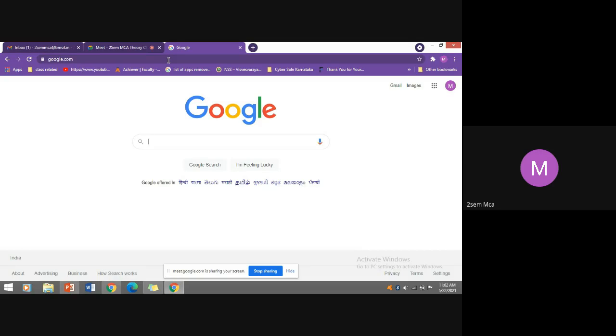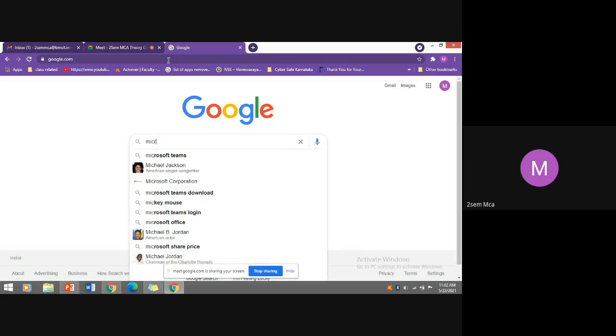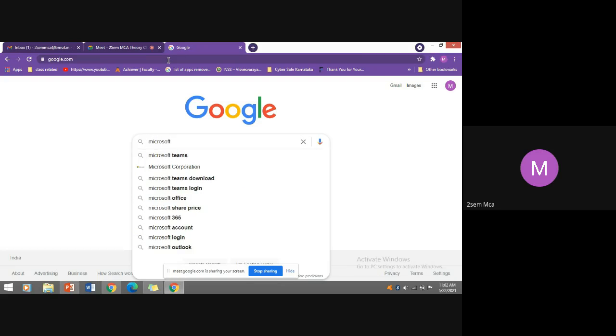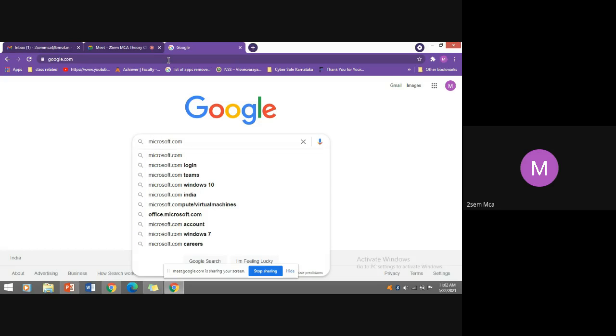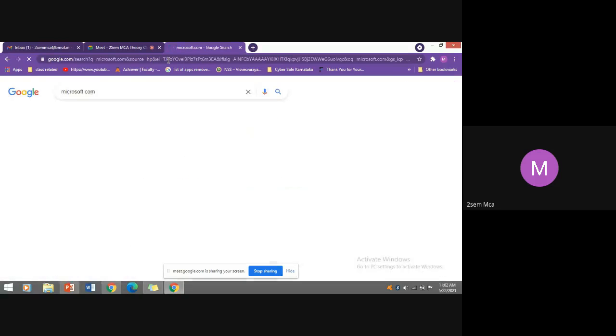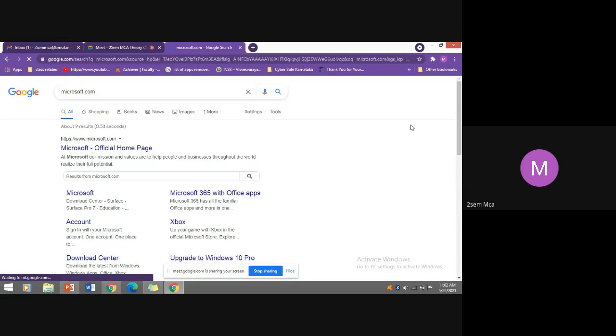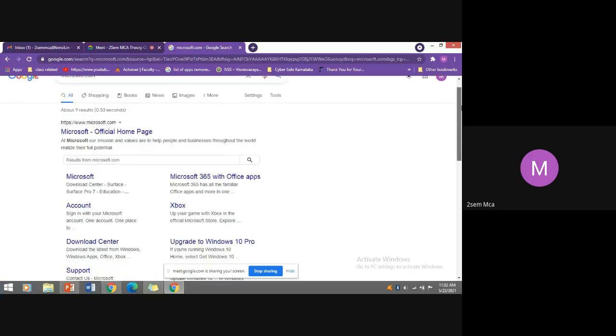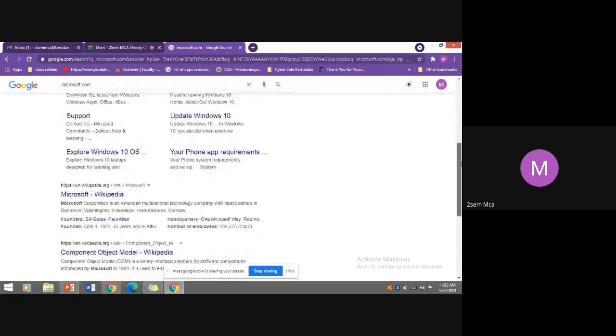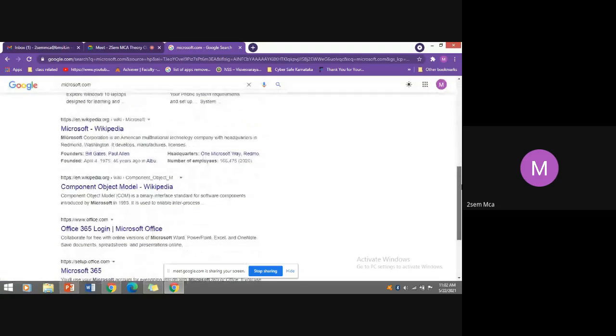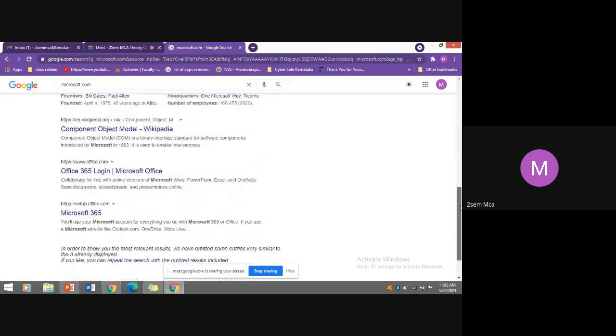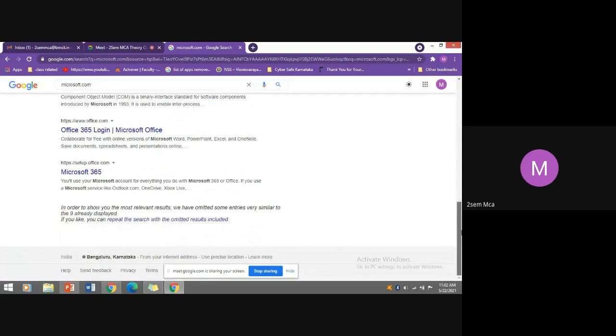For example, if you want to search about Microsoft.com, you type Microsoft.com. When you enter, it is going to provide Microsoft as the first link, and the remaining results, like the Microsoft component object model, something else, are mixed with the Microsoft.